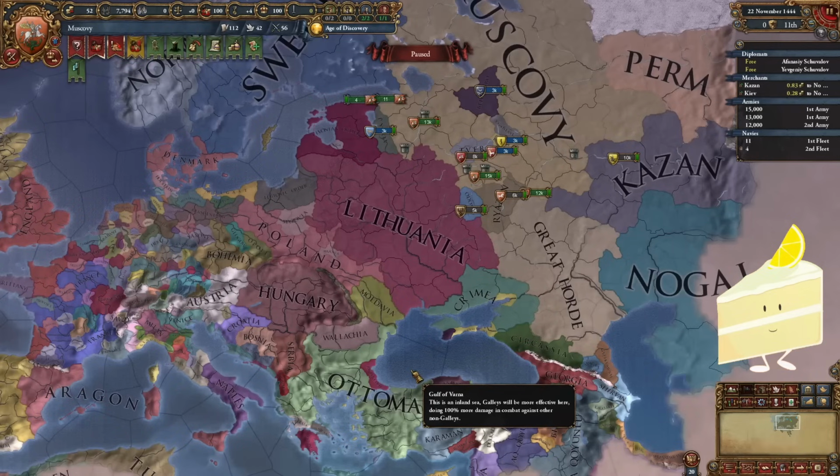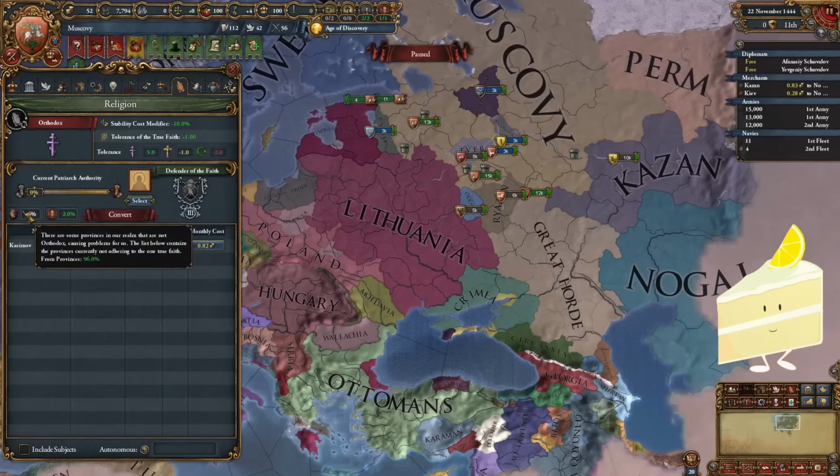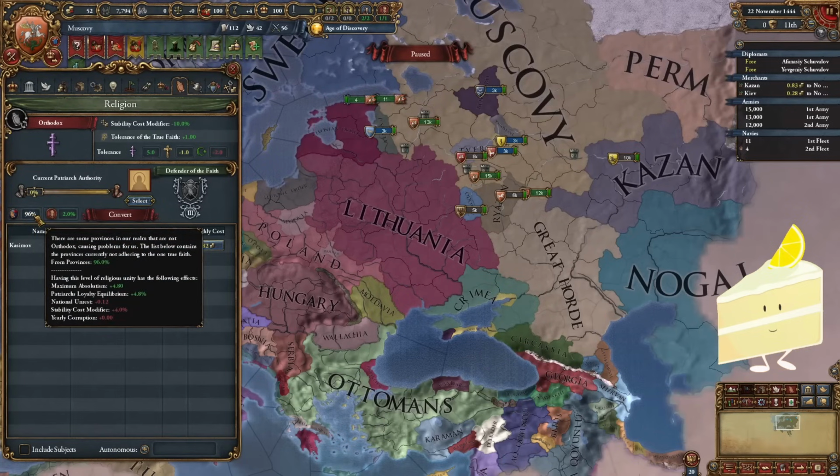Religiously diverse societies don't gain corruption because they have religious diversity inside of them. That's not how that works. No. What? Why does religious unity give you corruption debuffs? I'm under the impression, again, that below 100% religious unity you needed to get some kind of debuff for, well,